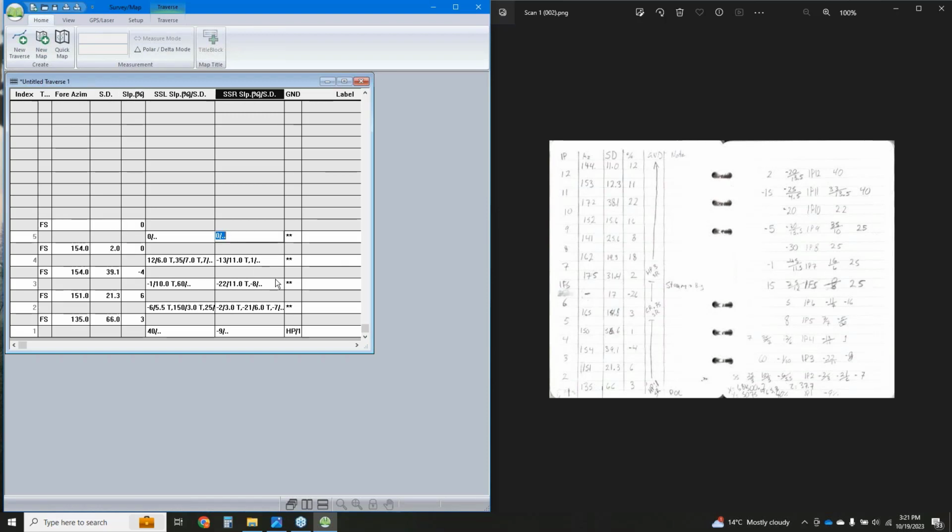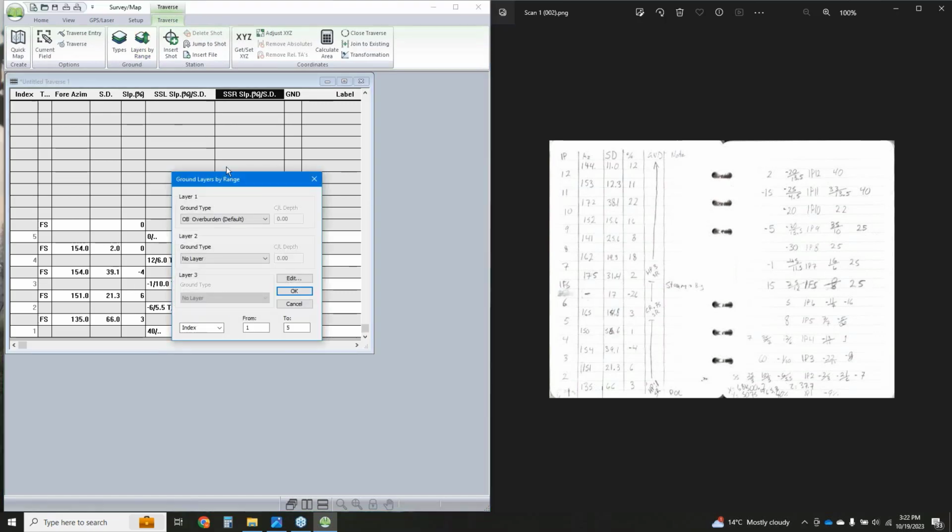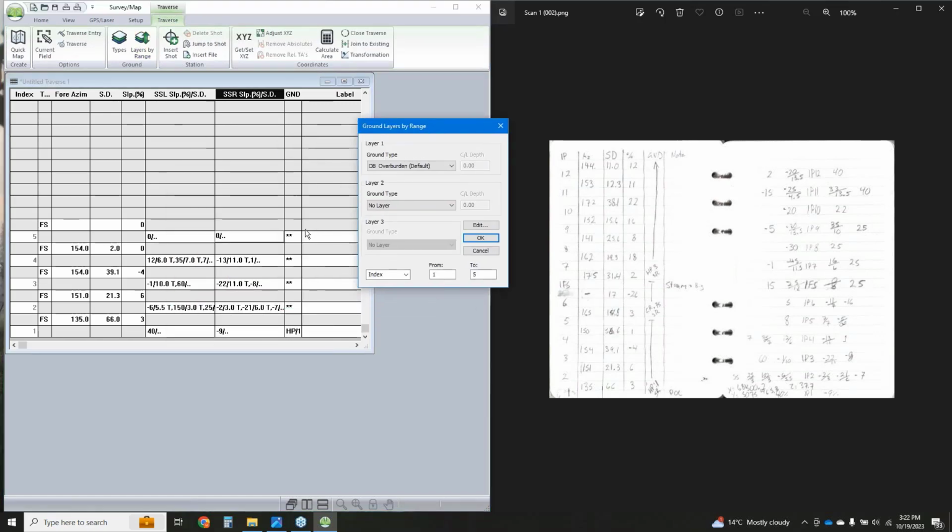if we decide, well, I want to, rather than entering each one of these ground types individually, we can go up here and we can assign our layers by range. So I'm not going to do it every time. I probably have splits at certain points. So we'll go from there to there, and we've got